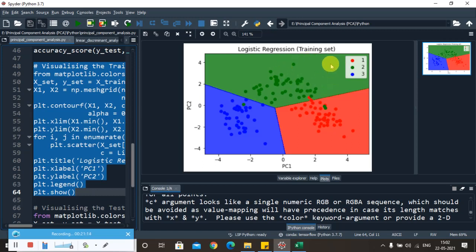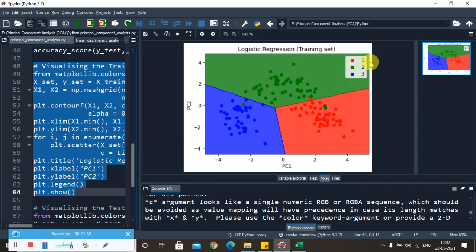And finally the red region corresponds to customer segment number 1. Whatever wines have their information extracted by PC1 and PC2 falling in this region will be predicted to belong to customer segment number 1.